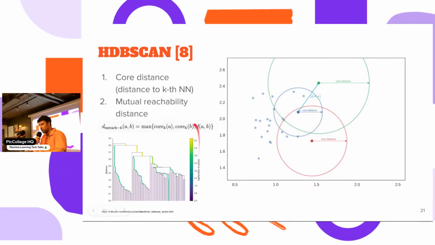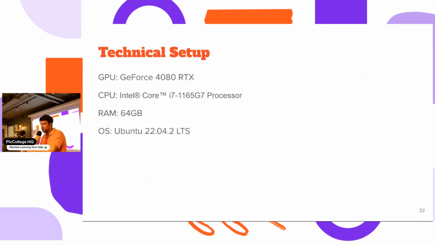Exactly. Then you can create a graph between all your points in space, and each edge between those points is the mutual reachability distance. You can start forming your clusters by having a threshold, and all edges below the threshold are not considered. Then you can get your clusters. So, okay, that's about the method.